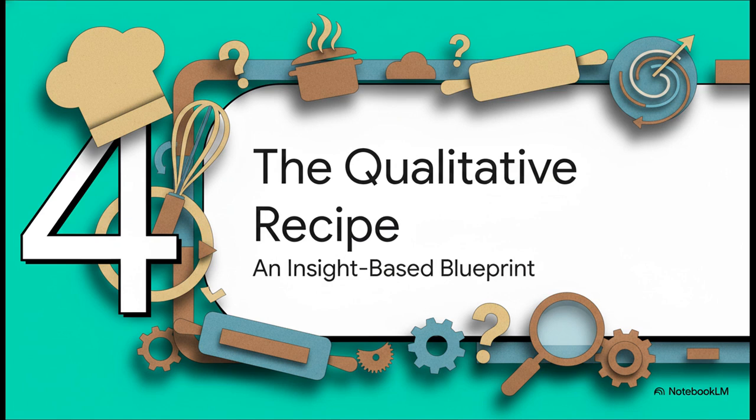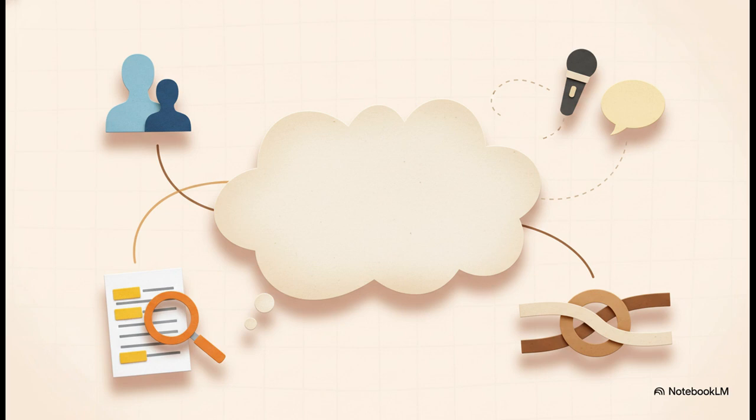Okay, time to switch gears. Let's talk about the qualitative recipe. This is your blueprint for when you're digging for deep, contextual insights, not just crunching numbers. The ingredients here are a little different, as you can see. For a solid qualitative methods section, you're going to need to explain your overall research approach, talk about your own positionality as a researcher, detail how you collected and analyzed your data, and finally, show how you made sure your